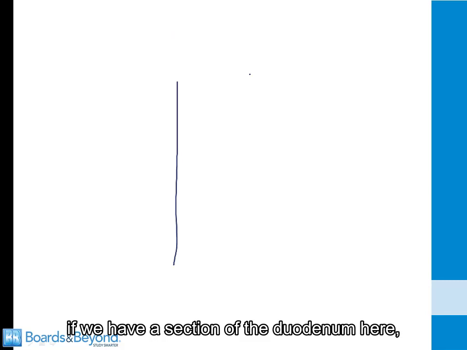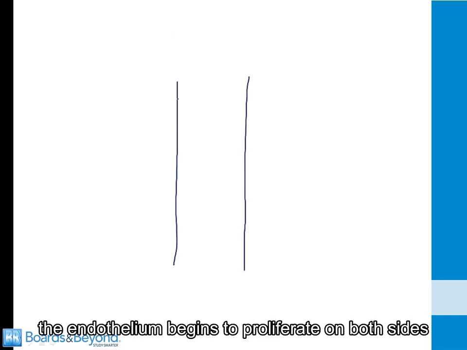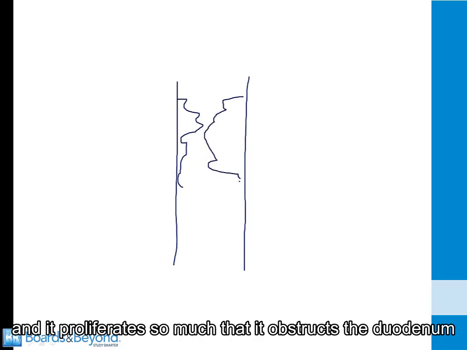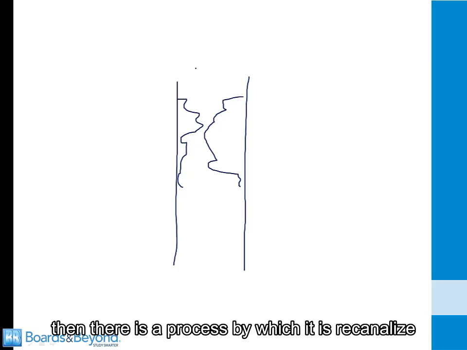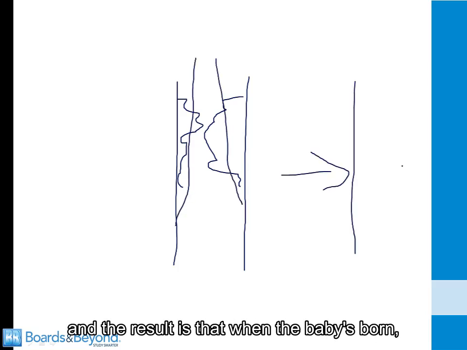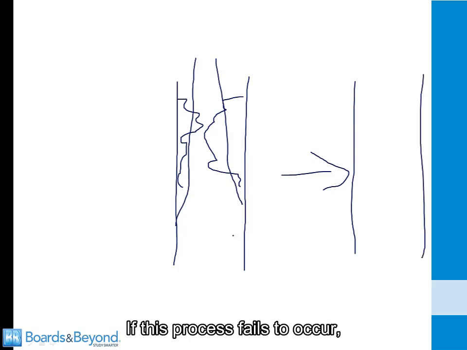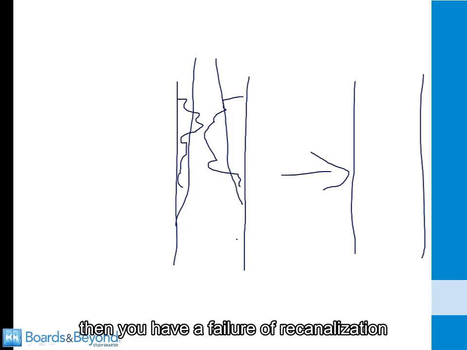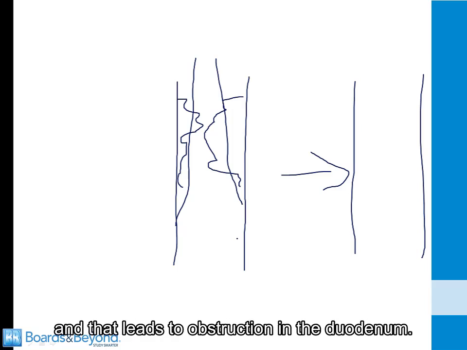So if you can imagine, if we have a section of the duodenum here, the endothelium begins to proliferate on both sides, and it proliferates so much that it obstructs the duodenum. Then there is a process by which it is recanalized and opened back up, and the result is that when the baby's born, you have a normal duodenum. If this process fails to occur, then you have a failure of recanalization, and that leads to obstruction in the